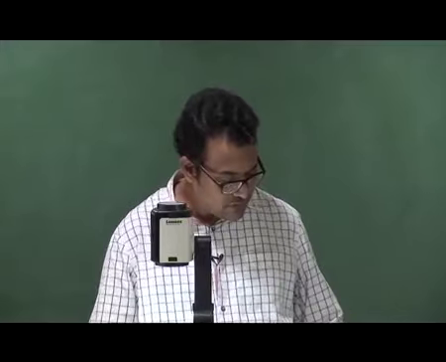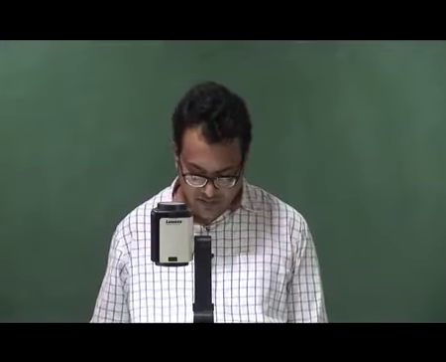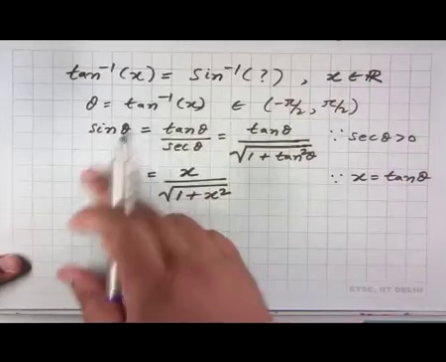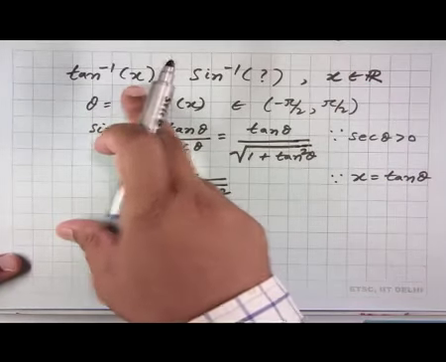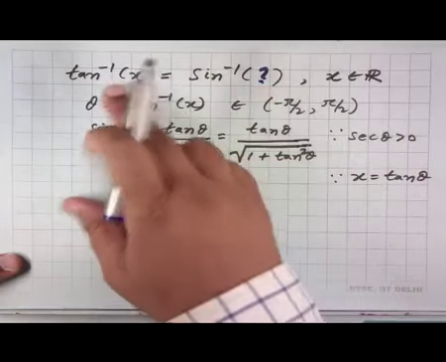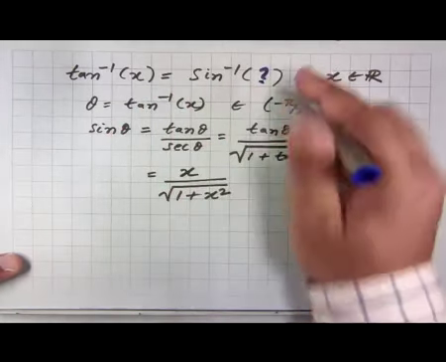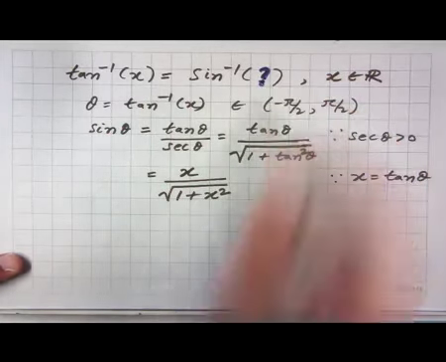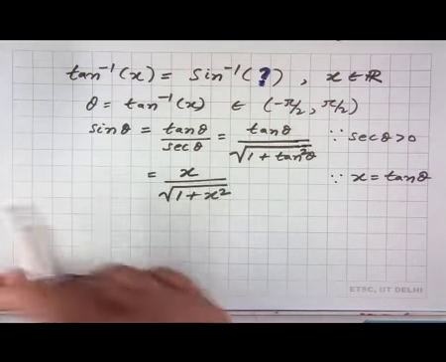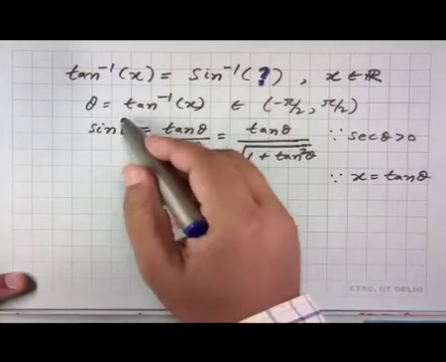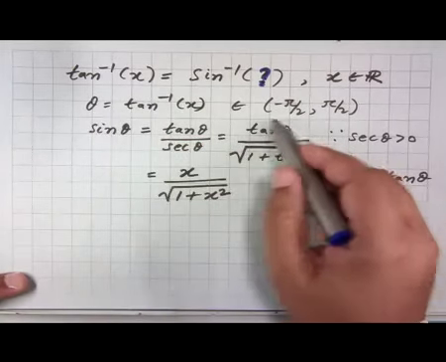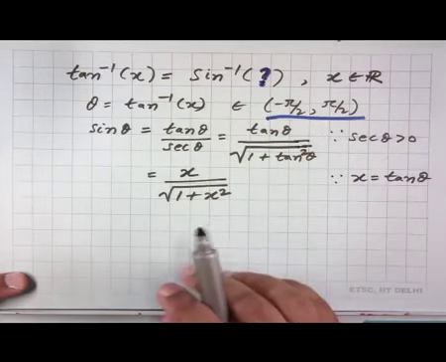And then we have to do the reverse also, which is that suppose we are given some value of x belonging to real numbers, and then we are asked to find the argument of the sine inverse function such that tan inverse x is equal to sine inverse of this unknown variable here. So, again we start in a similar manner as what we did earlier. Let us denote tan inverse x by theta. Then obviously theta belongs to the range set of tan inverse, which is the open interval from minus pi by 2 to plus pi by 2,